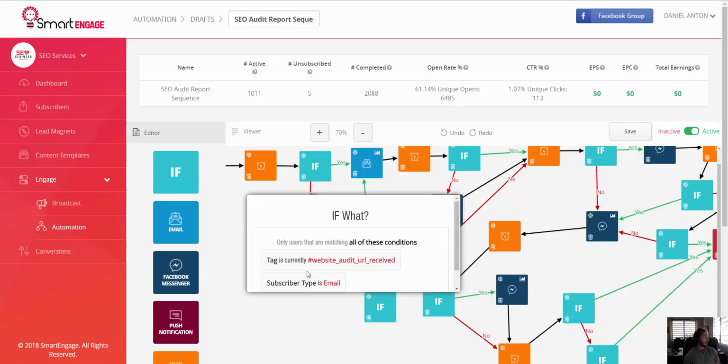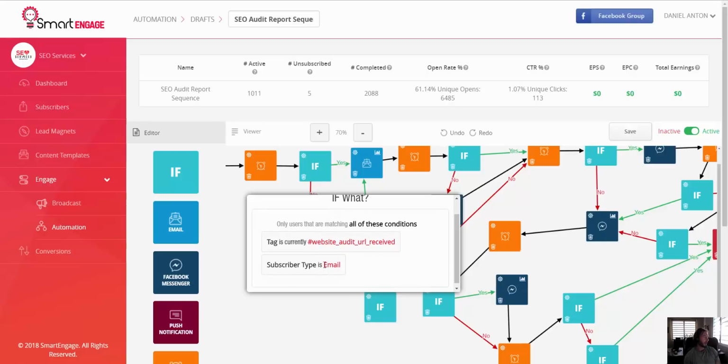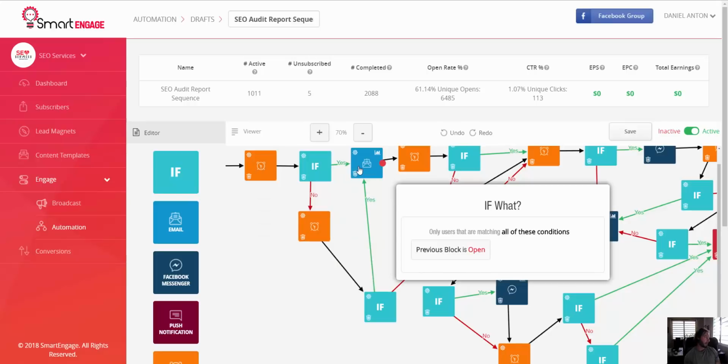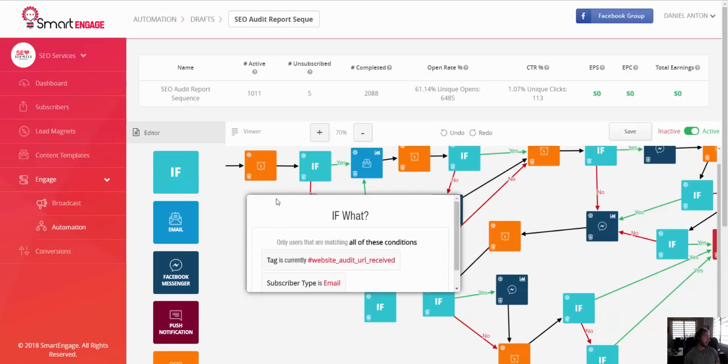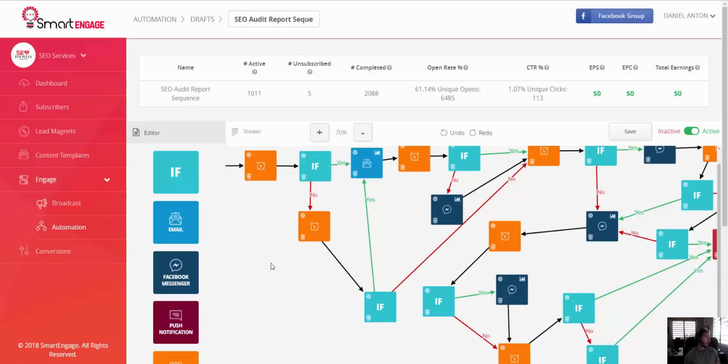And then I also have another condition that must exist, and that is, do we have an email address? The subscriber type must be an email. And before, like I said, I used to use a tag applied when they tapped on their email address, which was an unnecessary step since we could do it right here, such as this. All right, so if we have their URL and they have given us their email address, then we can send them this email. If that is not the case, then what we do is we go down here and